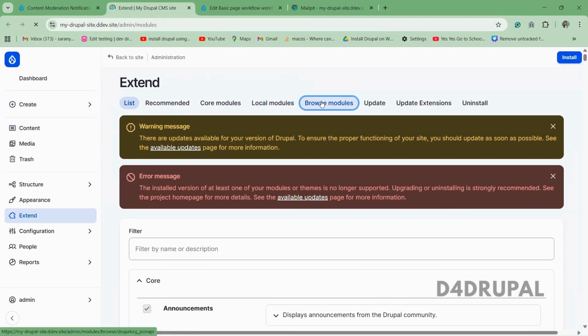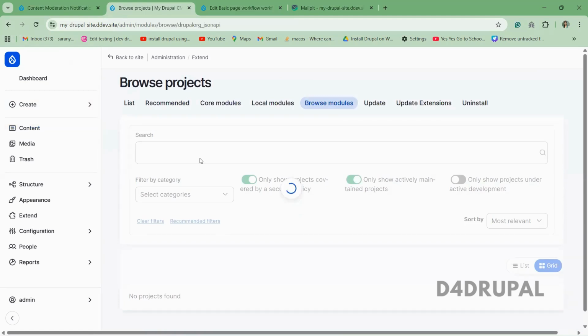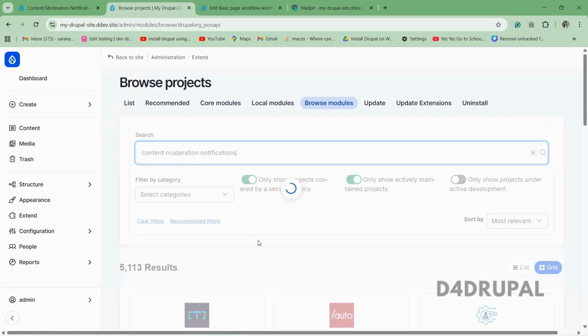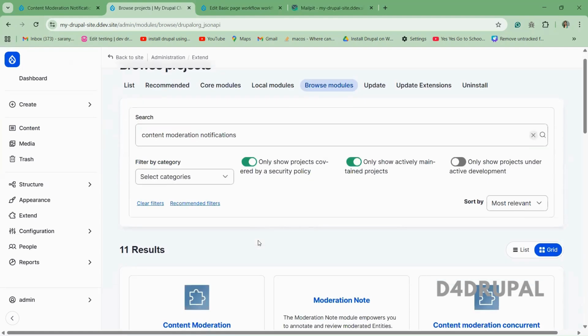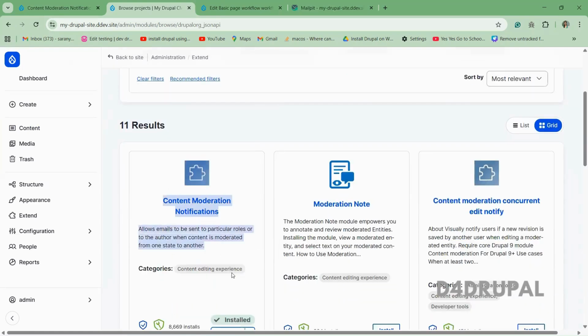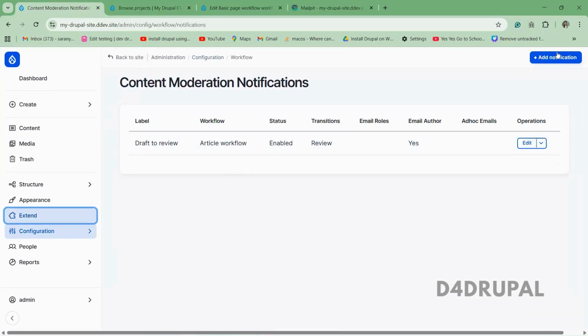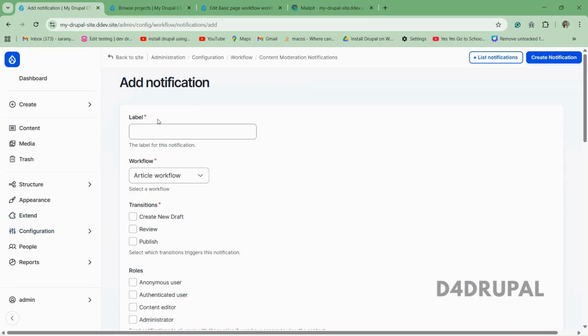browse modules. So this is the module I just enabled. This is a contrib module. You just have to come and install it. It is already installed. And here you have to give the configuration. So I'm going to create a new notification. So when the content is draft to review, I'm going to trigger a mail, and that is for basic page workflow. Transition is